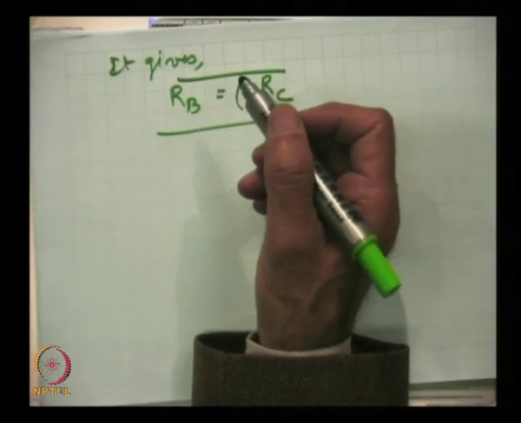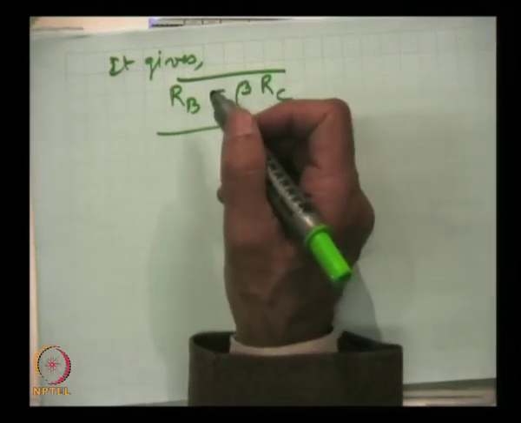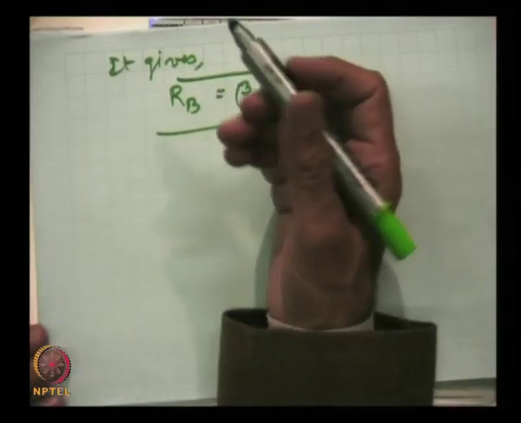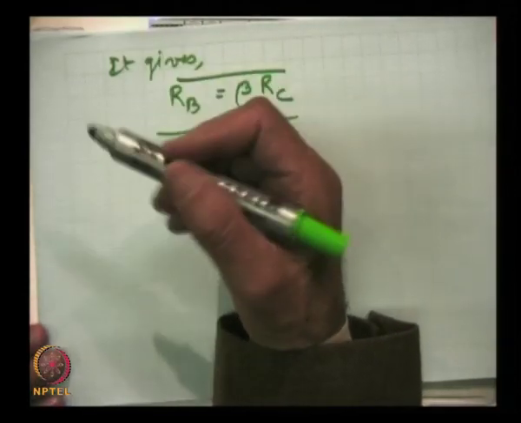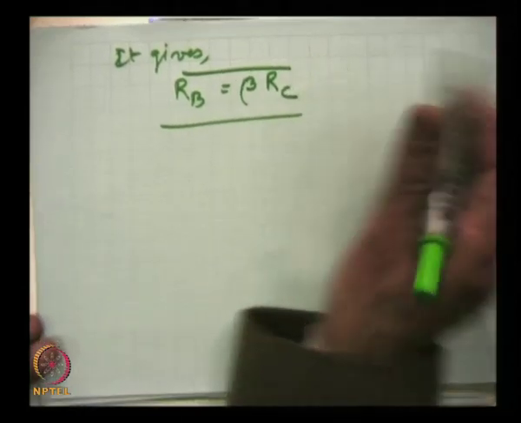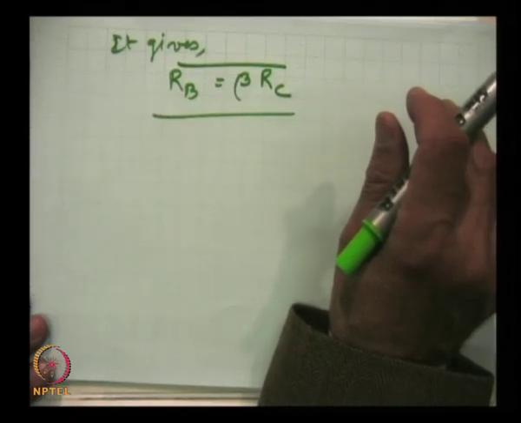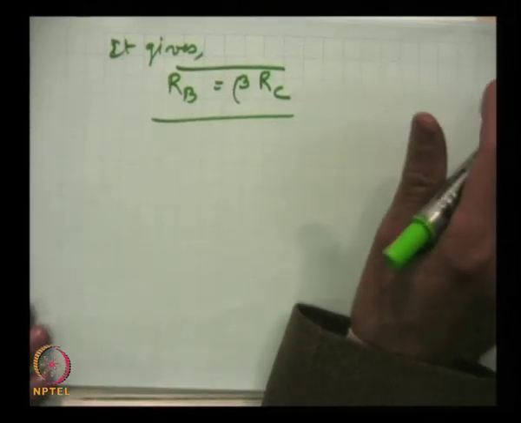This is the simple thumb rule for the calculation of the value of Rb. Only there are two resistances, the RC and Rb, and one is known from that maximum current relationship, the other is known from here. So the design of this collector feedback circuit is also very simple.